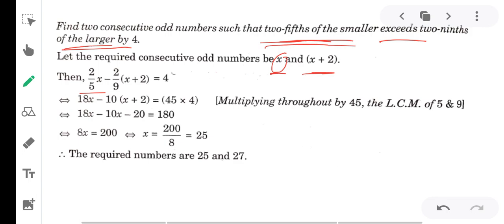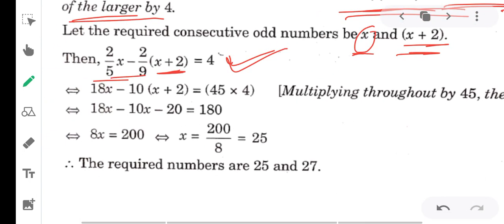The larger number is x plus 2. So 2/9 of x plus 2 equals 4. That means the difference between 2/5 of the smaller and 2/9 of the larger is 4. Clear? Okay, so now the LCM of